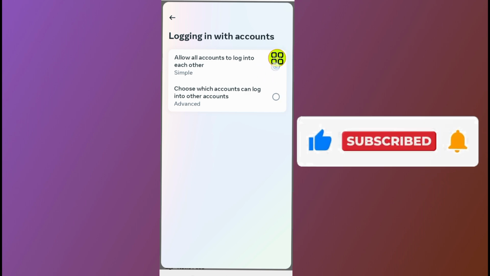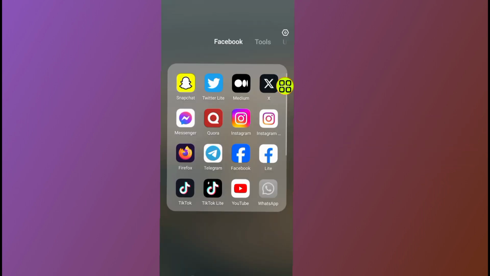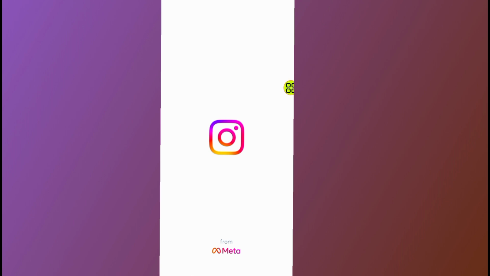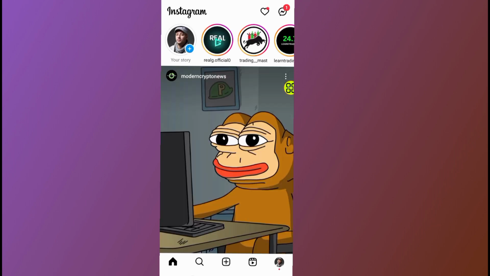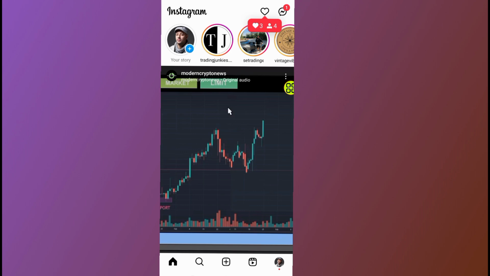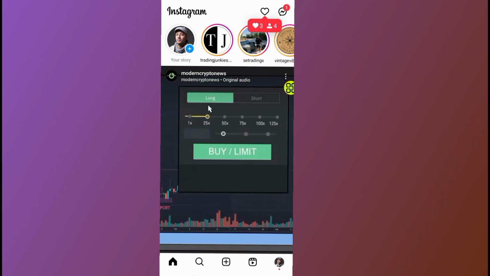So after you change this setting to this one, now close your Instagram, your Facebook. Now go back to your Instagram app. After you come back to your Instagram app, maybe you are already on login session, so it will just allow you automatically to log into your Instagram account with your Facebook login